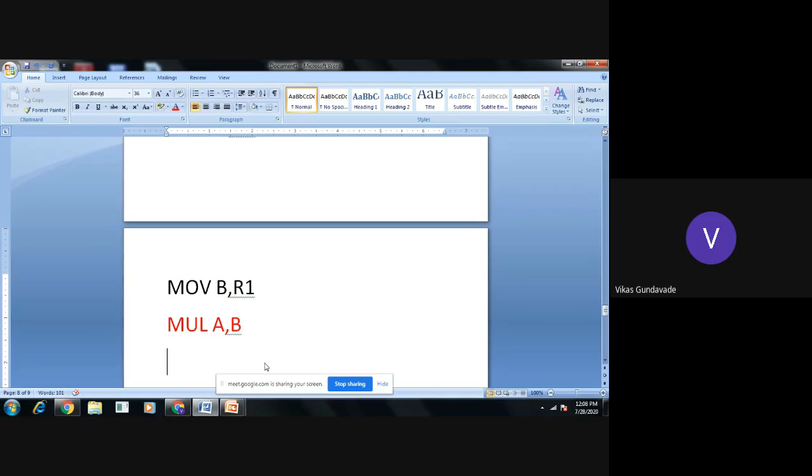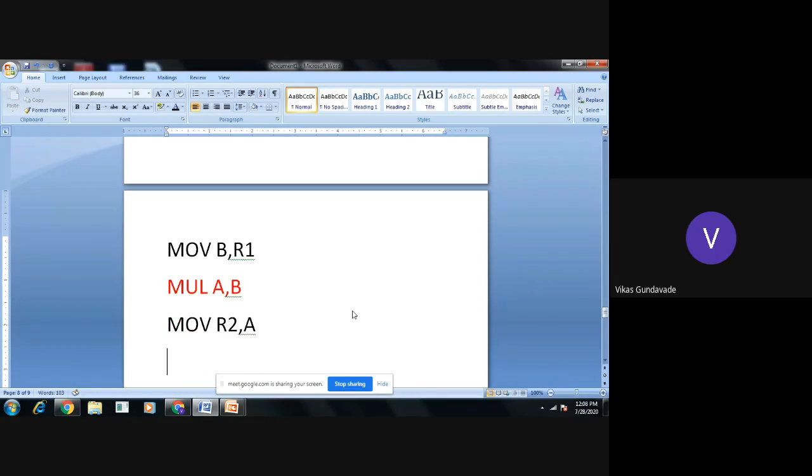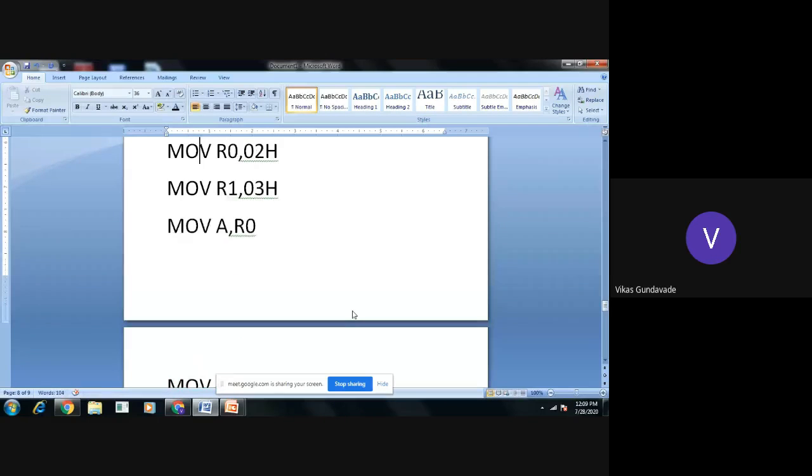The result is available in the accumulator, so we can transfer this result into another register with the instruction MOV R2, A, and then the end. This is the simple program for multiplication.